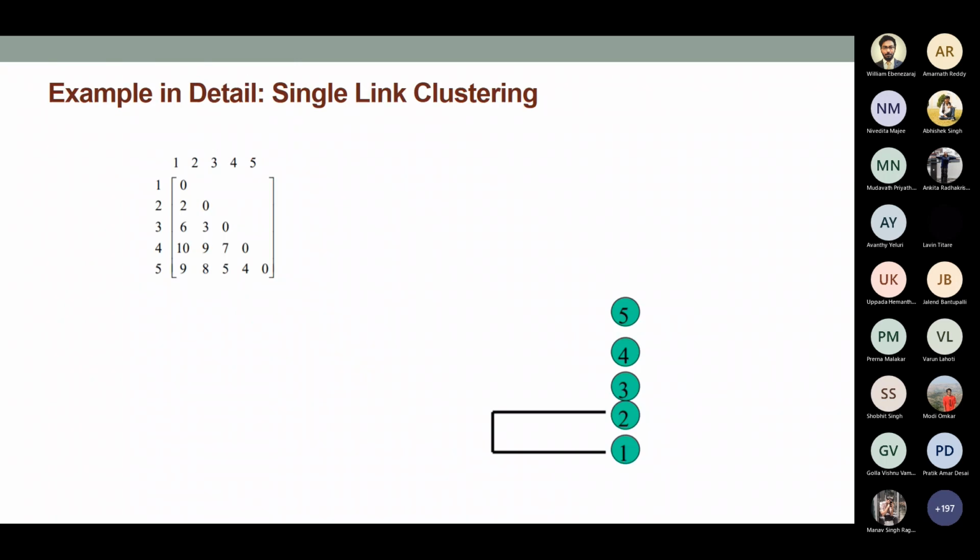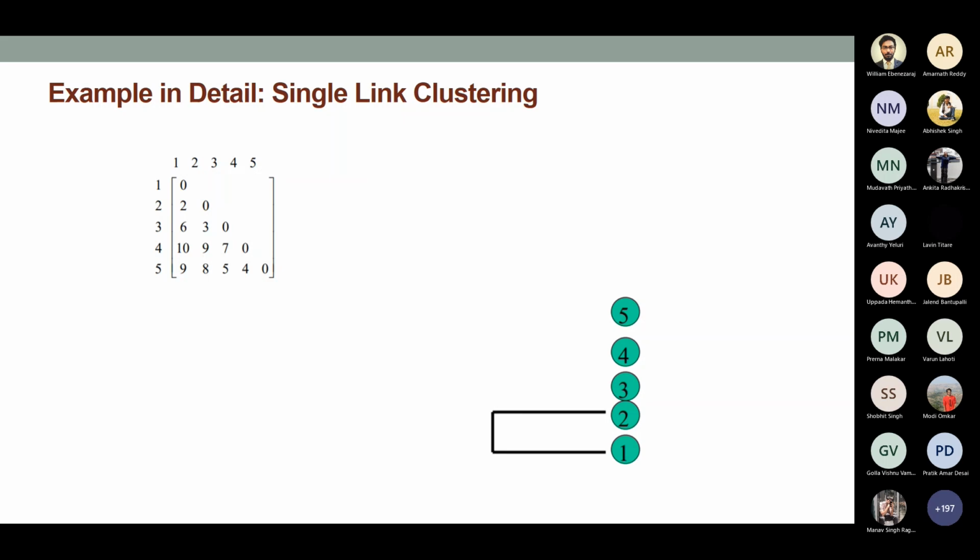Now, let me take a very concrete example of single linkage clustering with actual numbers, and show how it actually happens. The input you are always dealing with is basically a similarity or distance matrix, a kind of symmetric matrix. The rows and columns are the individual objects, and the numbers inside the matrix entries are either distance or similarity. In this case, I am taking the distance, not similarity.